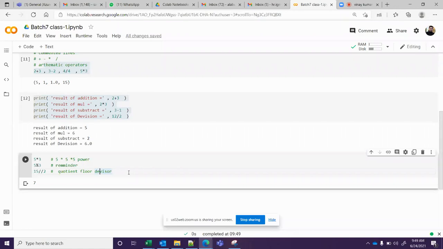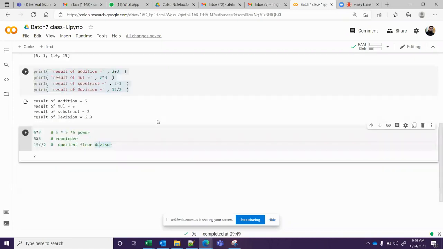Okay, you have to paste it in the chat. Once you have done your assignment, put that in the chat, so that I can see and other people can also see what you have done. Okay.